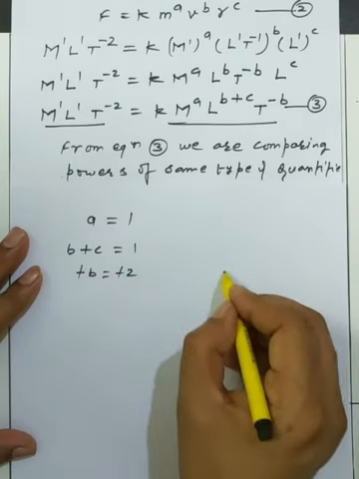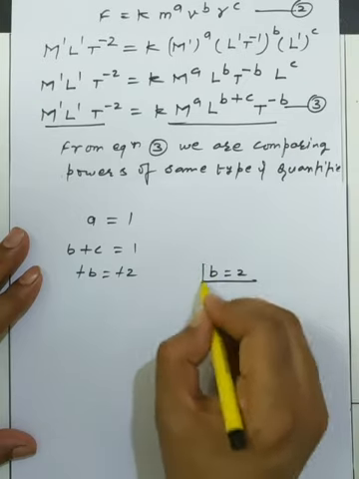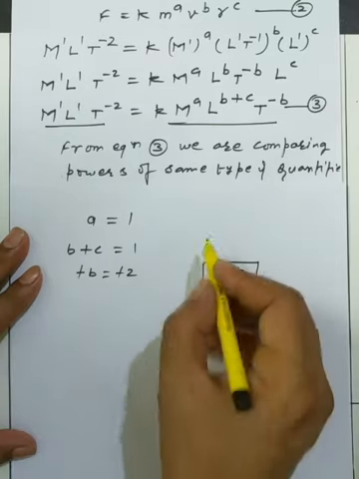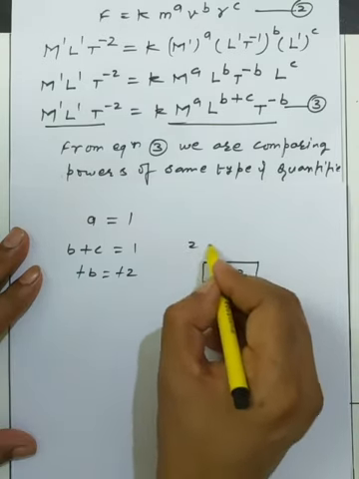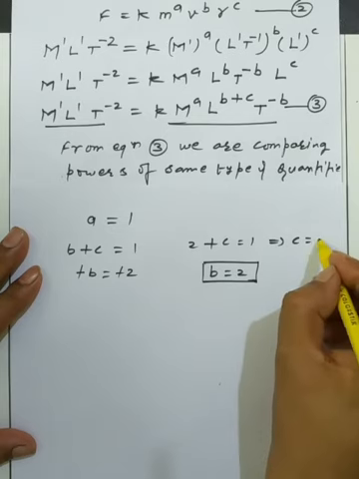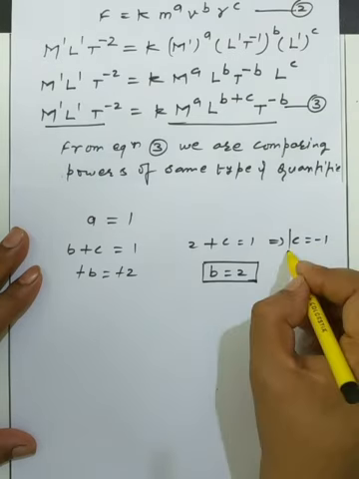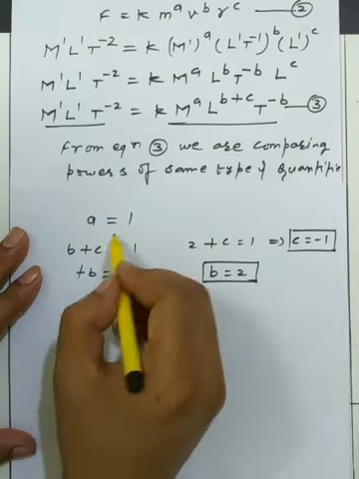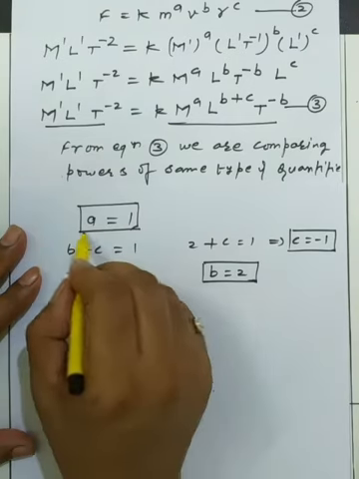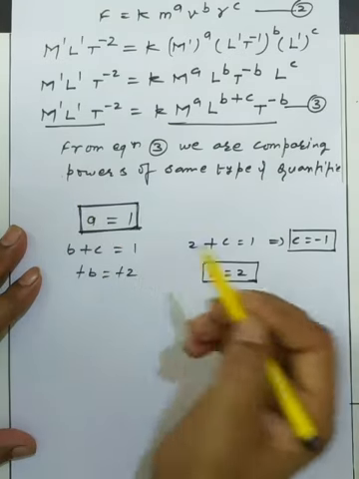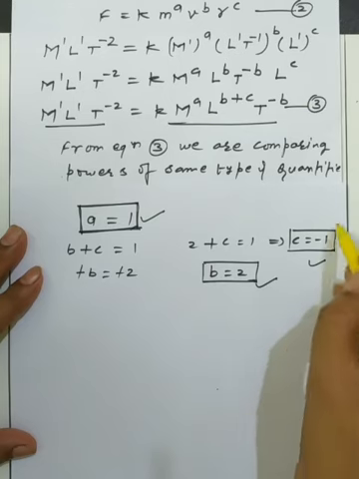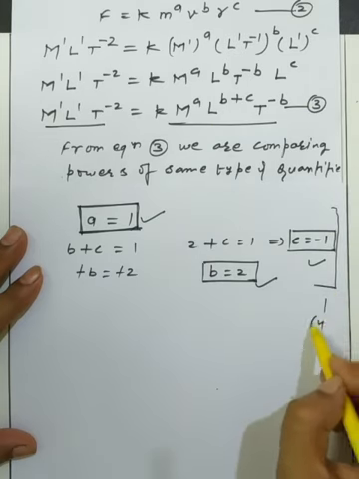So one of the answers we have got is b is equal to 2 in the power notation. If we put the value of b is equal to 2 in b plus c, I am getting 2 plus c is equal to 1. So c is equal to 1 minus 2, that is minus 1. Okay, so this is another answer we have, and a is equal to 1 is already given. So we are getting three answers by the comparison of the equations. Okay, a is equal to 1, b is equal to 2, and c is equal to minus 1. And we are putting this in the equation, that is equation number 4,